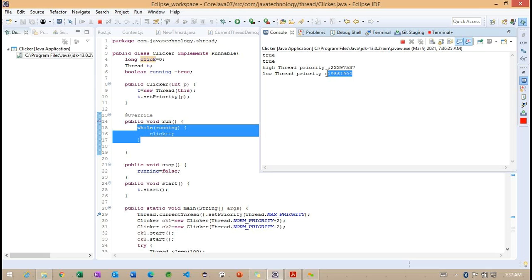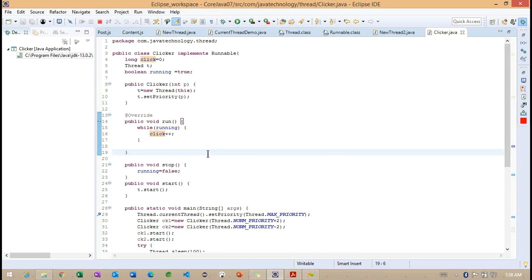But how are we going to identify which thread has the priority? Here the thread scheduler comes into the picture. It is going to identify which thread has high priority, and only the scheduler identifies that. So this is a simple example on the priority basis. Any questions regarding this particular thread priority?